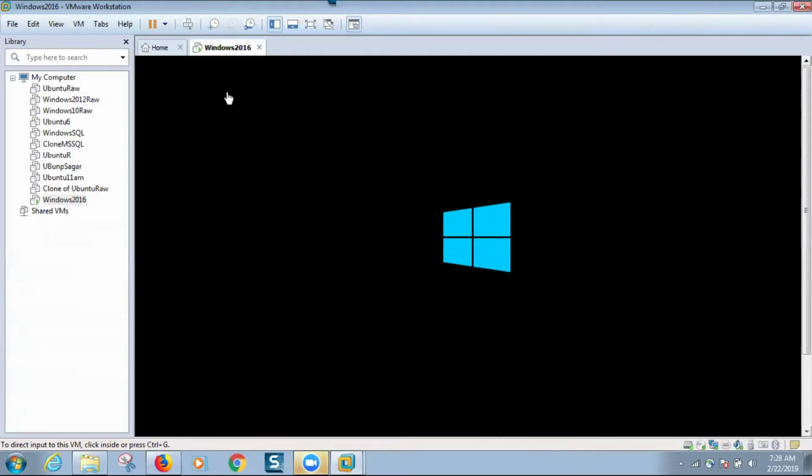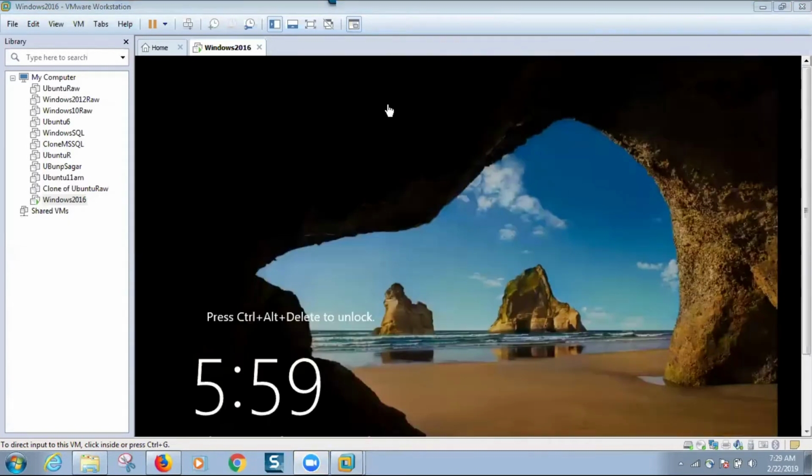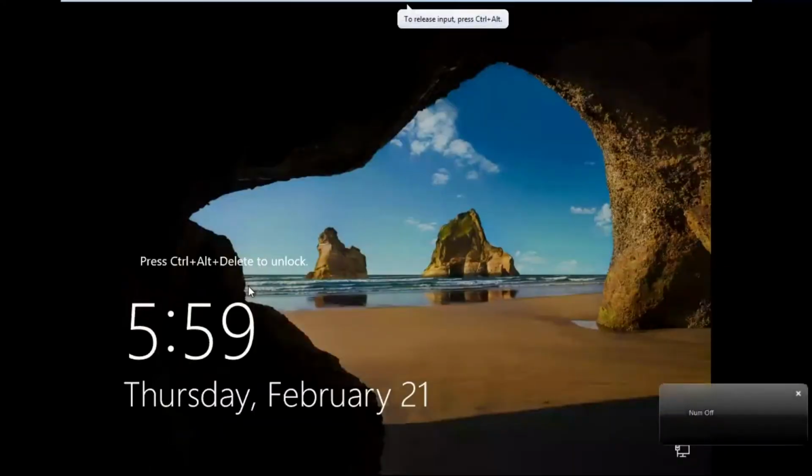Once everything is okay, Windows 2016 or whatever it may be, then on top of Windows, you have to install SQL Server. Got it, right? Clear? Okay. Now see this. Alt Control Delete.